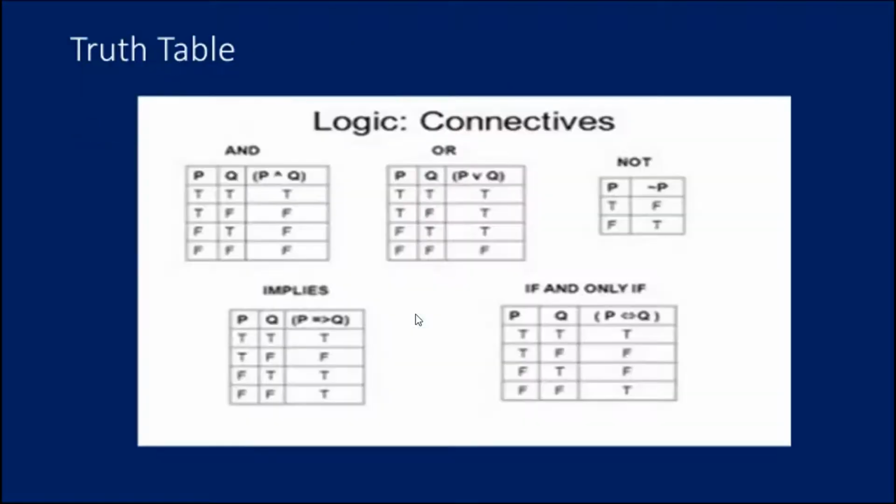Next comes the truth table we are going to use for the logical connectives. Hope you might know about this, since it's a very simple mathematical language you might have studied in your school days itself. Logical connectives: and, or, not, implies, and if and only if. And means if both are true, only then true, the remaining is false. Or means if at least one is true, that is true. Not is just the opposite: if it is true, false; false means true. Implies: true, true, true. True, false, it implies false. False, true, it implies true, so true. False, false, both are false, that is true.